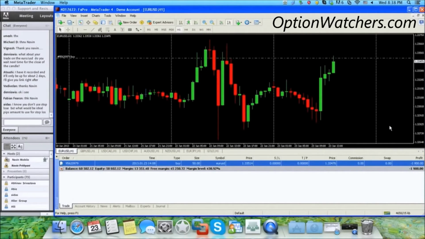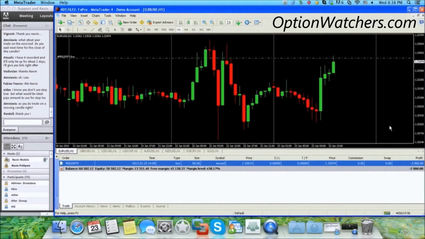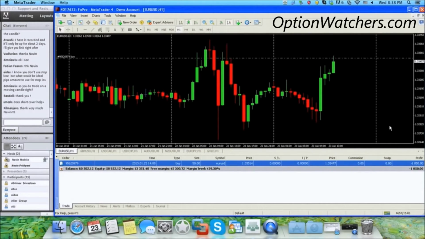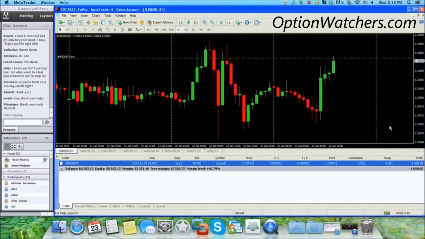Okay. I know you don't use stop loss, but what would be the ideal pips for a stop loss? I'm going to do one more webinar on money management. We'll discuss how I do my stop losses because I don't use stop losses, and there's many reasons why. It's not to go against all the books and stuff because honestly, if you're reading a book of somebody, why aren't they trading? So, anyways,